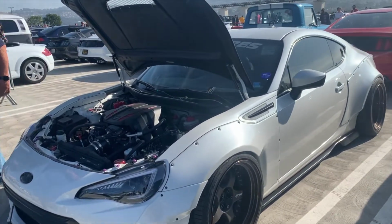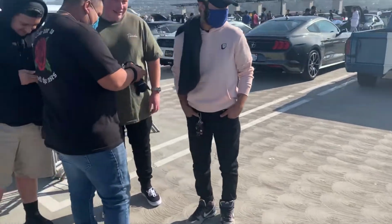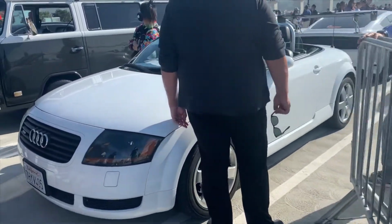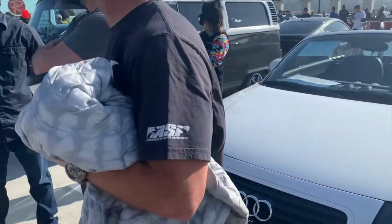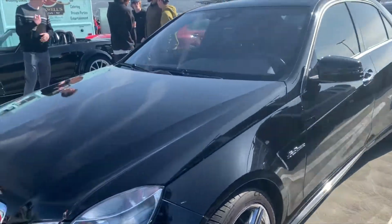Nice little Subaru BRZ. Great little car, really, really good car. Just such great chassis on those things, you know. It doesn't matter if you leave them stock or you do stuff to them. They're a very fun car to drive. Little Audi TT convertible, Volkswagen Bus, AMG, and then